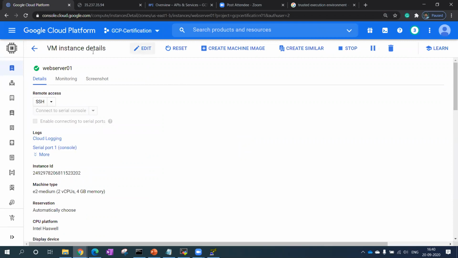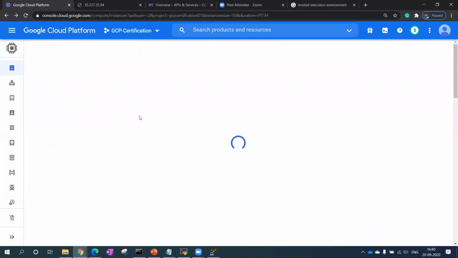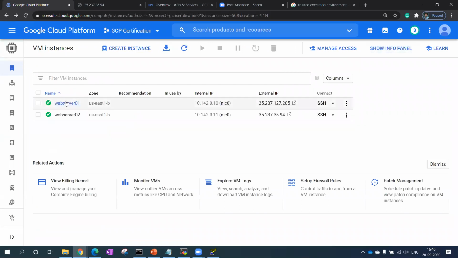So basically, if you want to increase the VM size or change anything, you can just click on edit and change your VM. One thing I forgot to inform you: in this VM, I can increase the disk size, even while the VM is running.